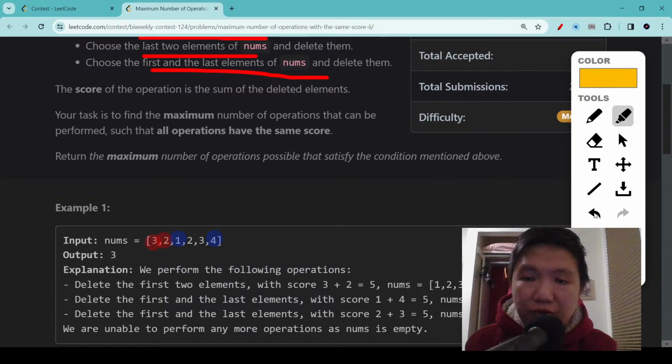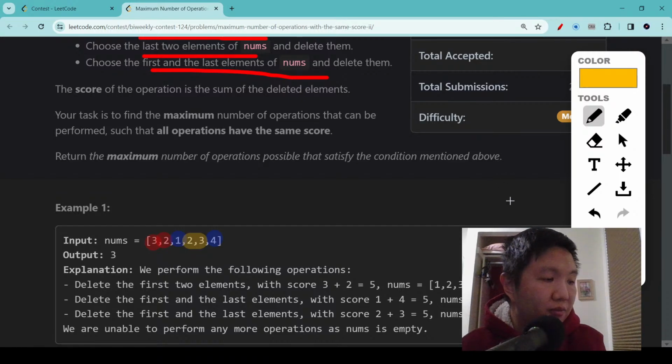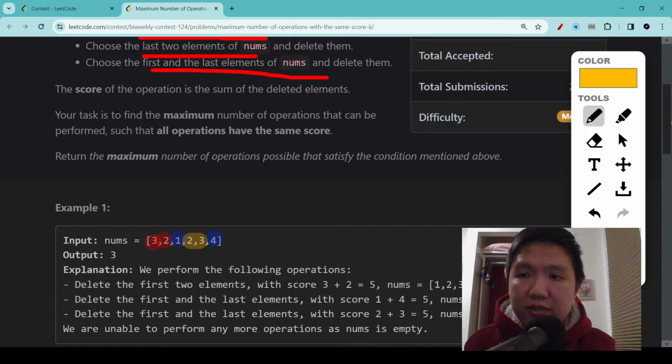So that's eligible for deletion also. And then 2 and 3, that adds to 5 also. So that's also eligible for deletion. The point I'm saying is that it's different from question 1 in that you can delete from front, back, or middle. Okay? So the one thing that it is similar with question 1 is that in both questions, you don't actually